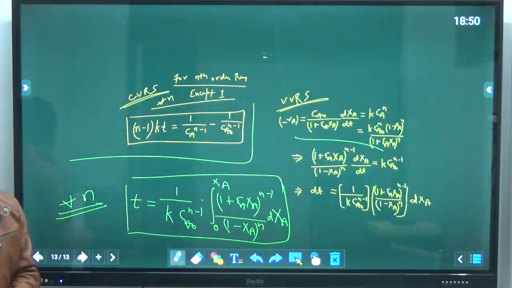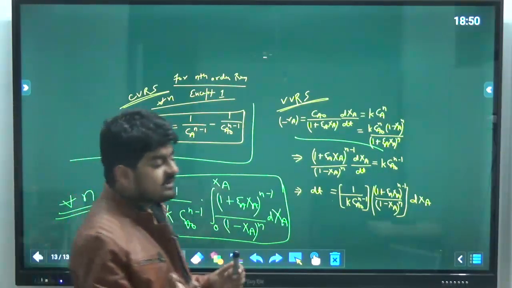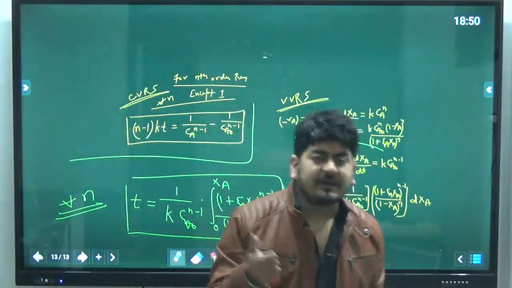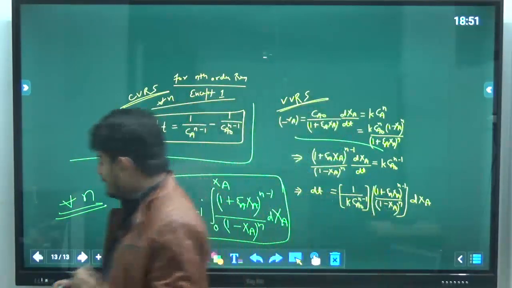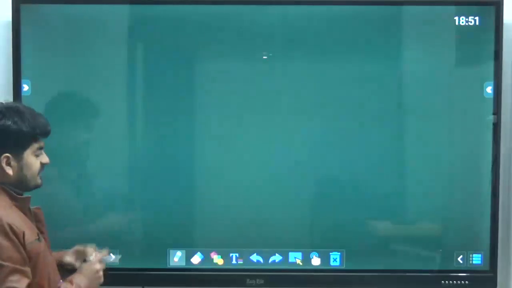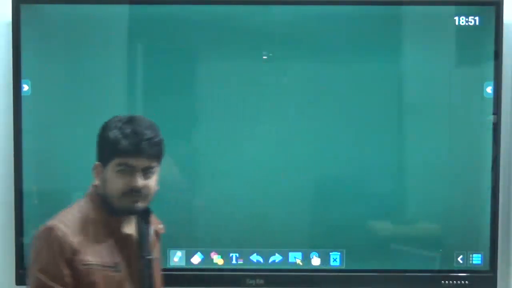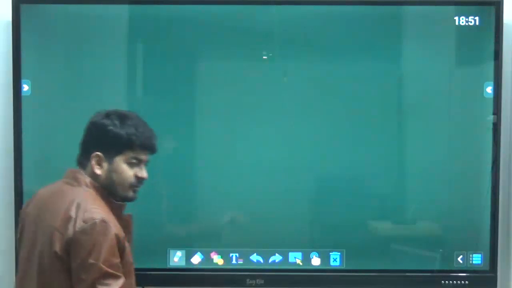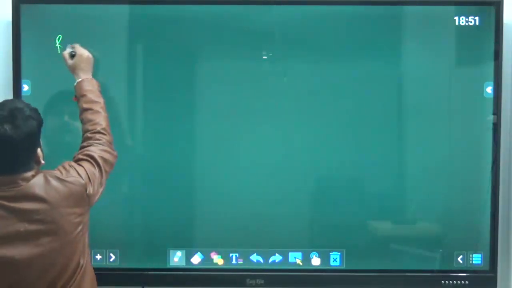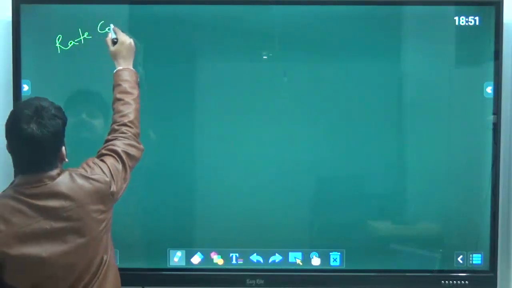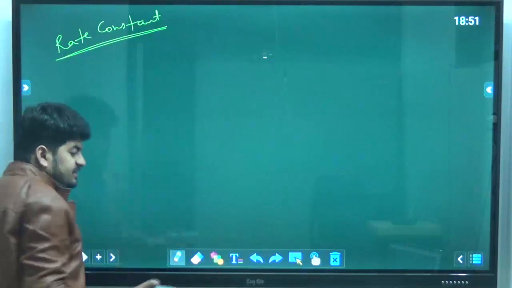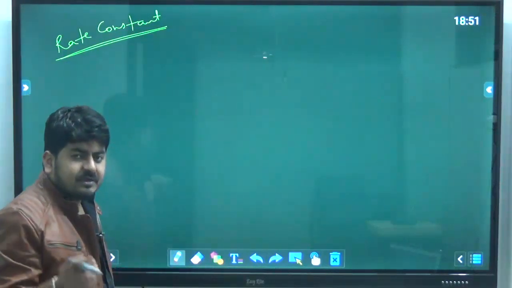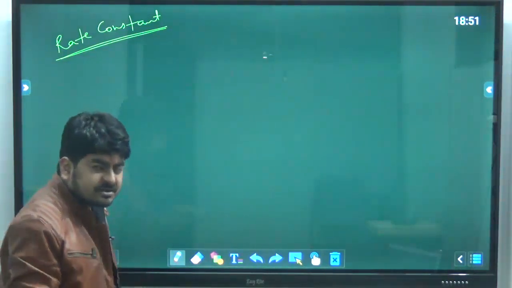Now one more thing is here, we haven't discussed anything about the rate constant K. So what is rate constant K? Let's have some idea. Obviously I will not go into the theoretical details, because I assume all of you are well aware of those things. About the rate constant K, we have several methods in our syllabus to calculate the activation energy or the rate constant, like Arrhenius theory, collision theory, and transition state theory.